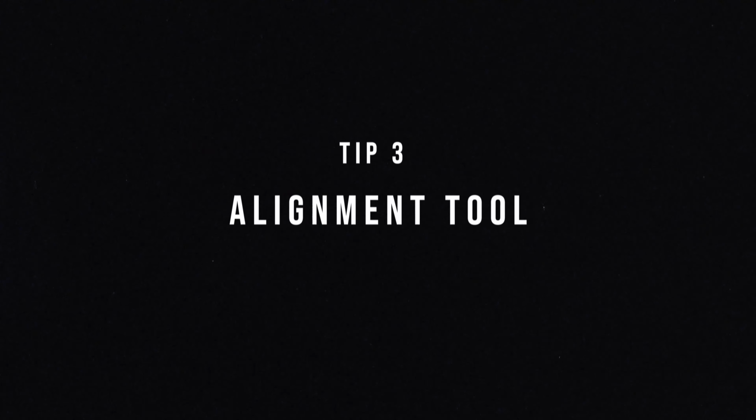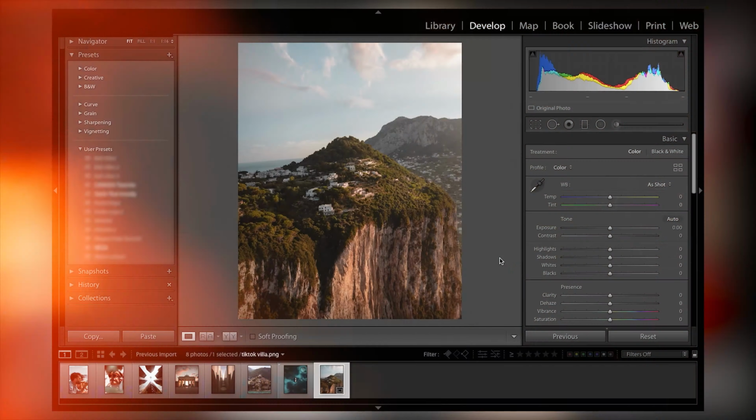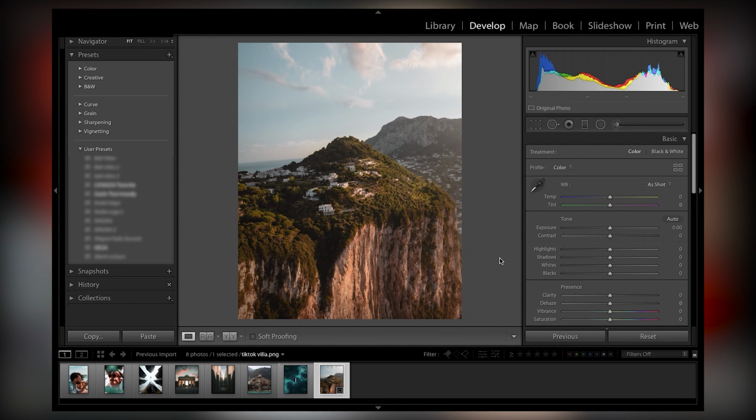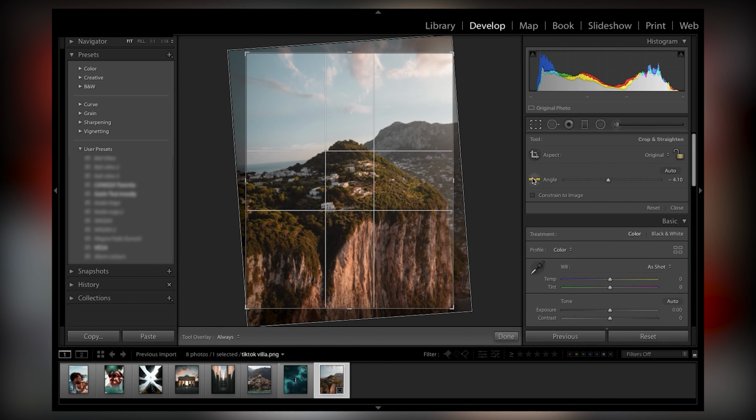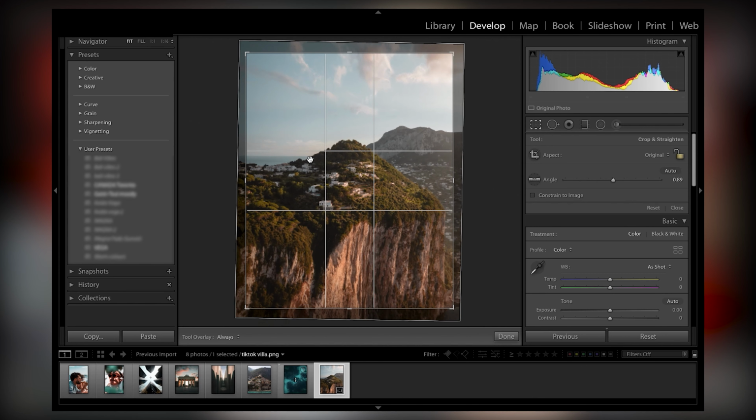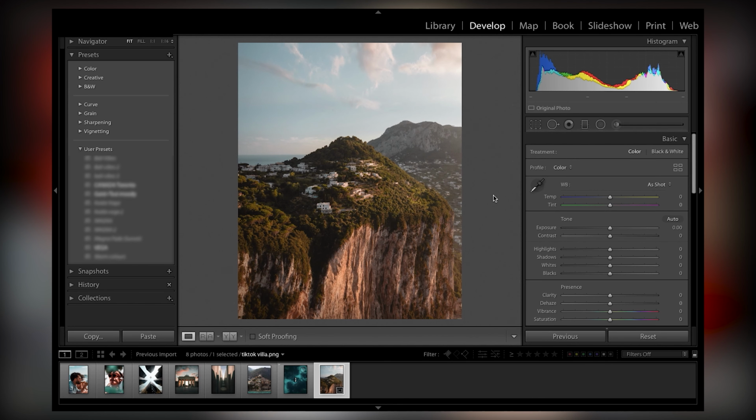Moving on to tip number 3. Nothing more annoying than on a photo when the horizon is just a little bit off. It just doesn't work and it just does not look great whatsoever. So a way you can fix this is come back into the crop overlay here, click this little angle tool, and then find the horizon in your photo and just drag it across like that, and now we have a